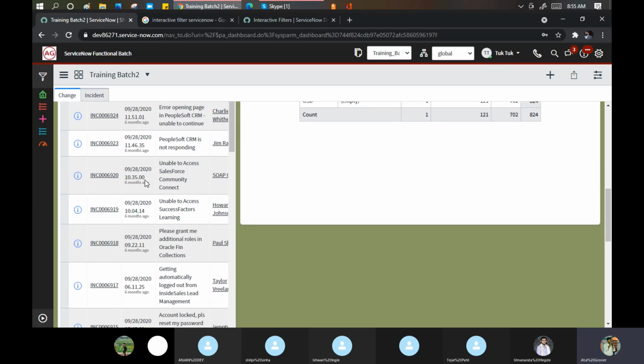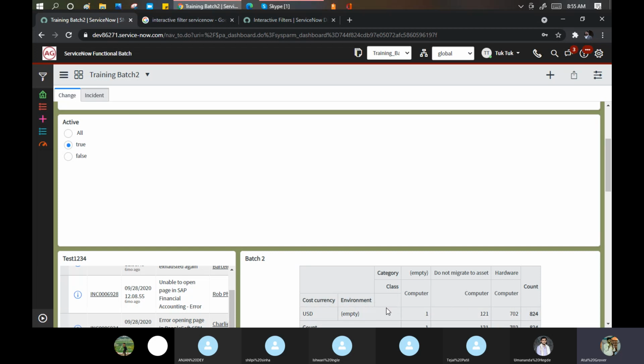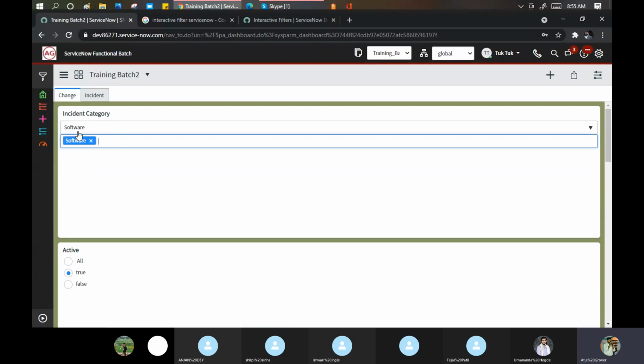So in this manner, these are the interactive filters which are already given to you by ServiceNow. And believe me, if you have multiple incident reports, you are able to use this filter on all the reports in one go. Let me put false.